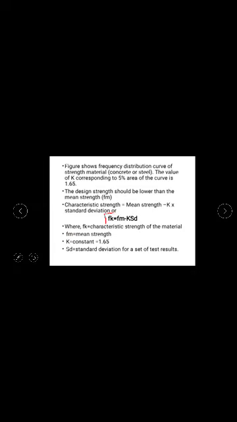So this is the formula for finding out the characteristic compressive strength or characteristic strength of any material using your normal or Gaussian distribution curve. So I hope you have understood the term characteristic strength. Now there is again the standard deviation formula. You must have used the standard deviation formula in your statistical mathematics many times.